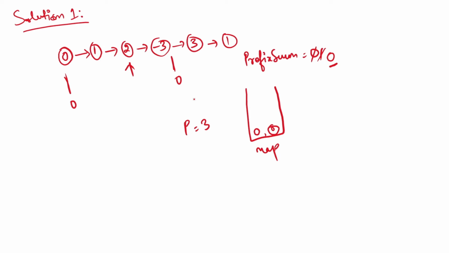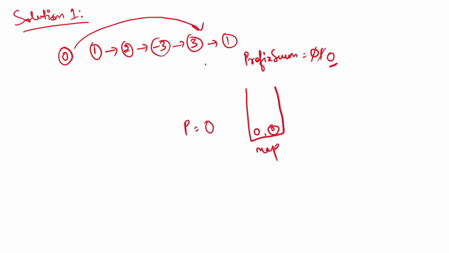Now my map has only the dummy node, and I move my current from here to here. Now my p, this sum, will be 0. As my previous sum is equal to this, I will no longer delete anything from the map because we didn't include this in our map. Now we will make the dummy node's next point to 3. So we will remove this link and make this link. As you can see, those nodes are no longer present here, so we can remove this.